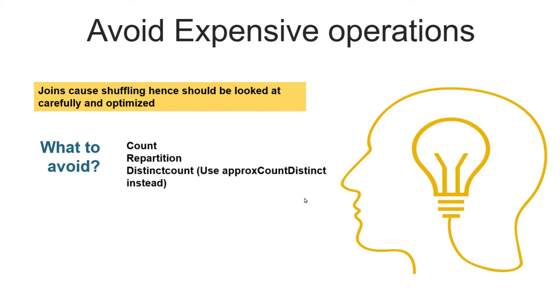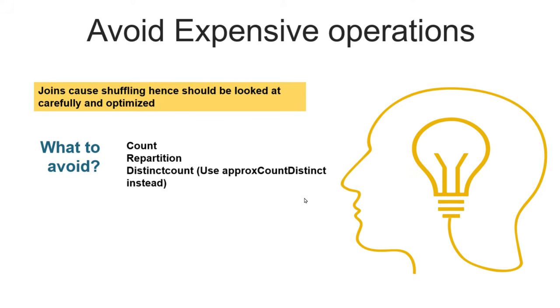Repartition should be avoided at all cost. Typically we do repartition while writing the data back, when we want certain partitions to be created. But repartition is very expensive. A better option would be to do a coalesce, because it creates a lesser number of partitions than the existing partitions, and it doesn't do an entire shuffle of data. But repartition is extremely expensive because it can increase or decrease the number of partitions, which essentially means that you would be shuffling data across the network. So it should be avoided.